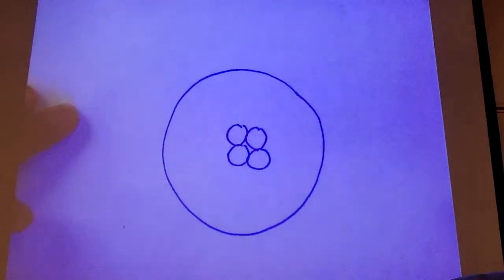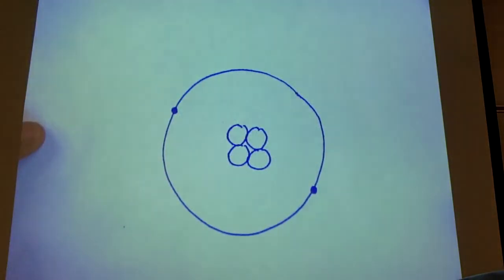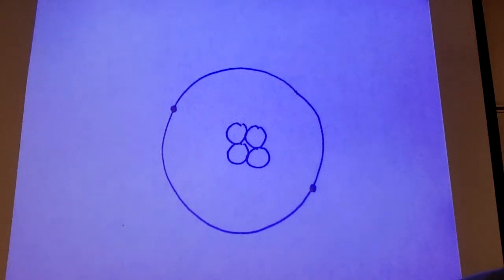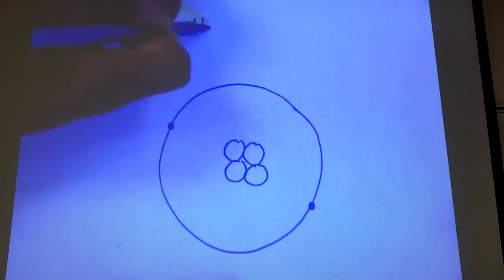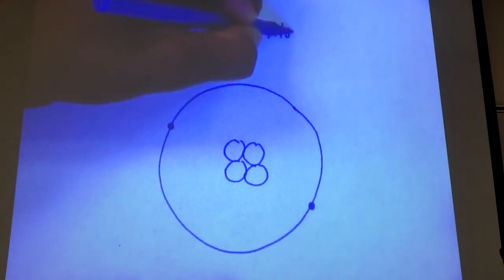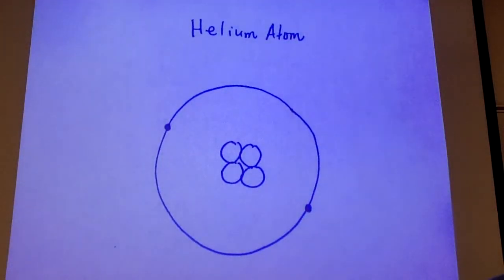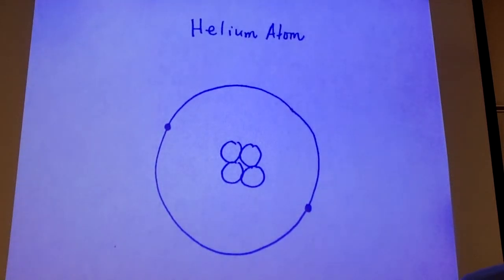And of course, this is not to scale. All right, and what I've drawn here is the helium atom. And I've drawn helium because I know it has both protons and neutrons,